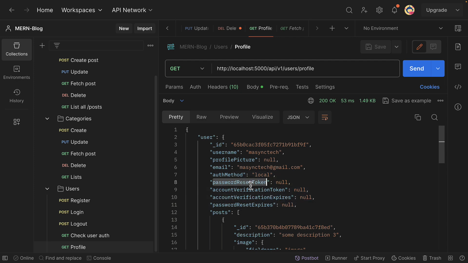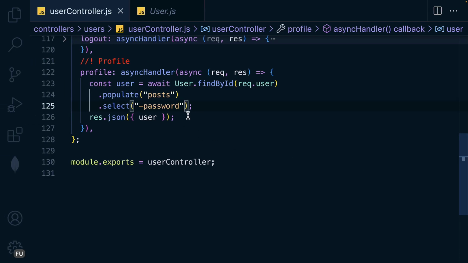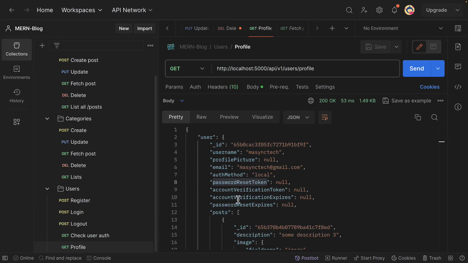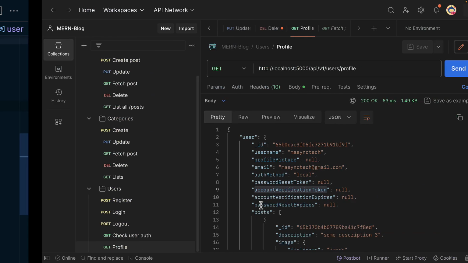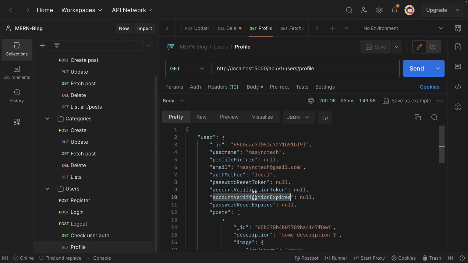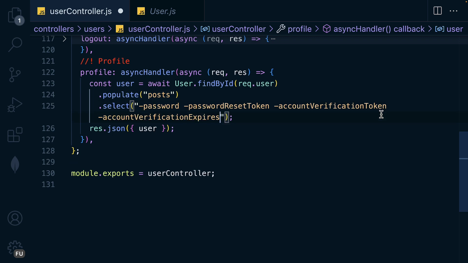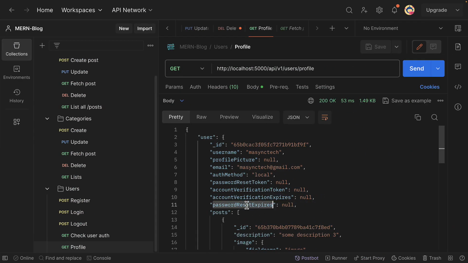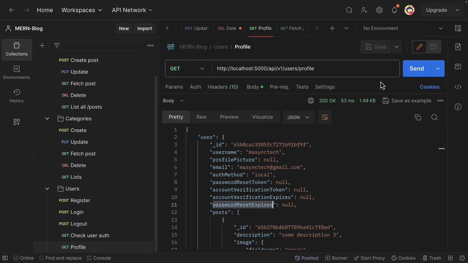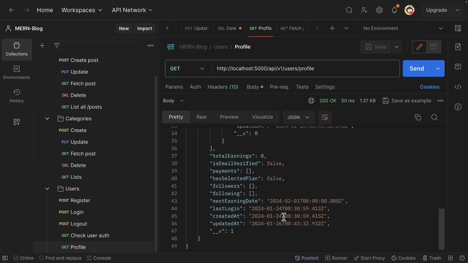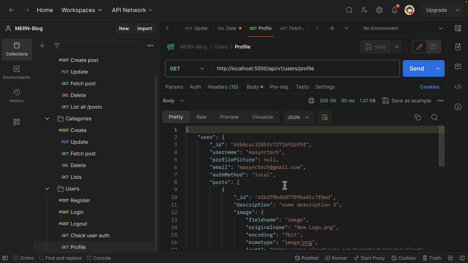And likewise the password reset token, and then space, and then paste that. Likewise these ones, and this one also, and then this. Awesome. So let's try again. Now it worked. So what is left is that we have to fetch this data on the front end, and